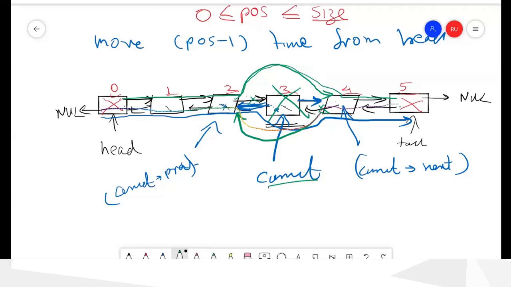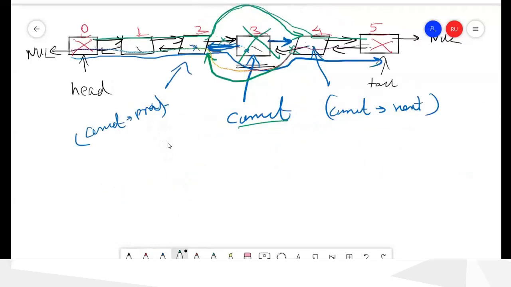Okay, so how do you do it using the code? First, this one's next node. So this one is current previous. Current previous is the previous node. That one's next link, that is this one, should go into this one. This one is current